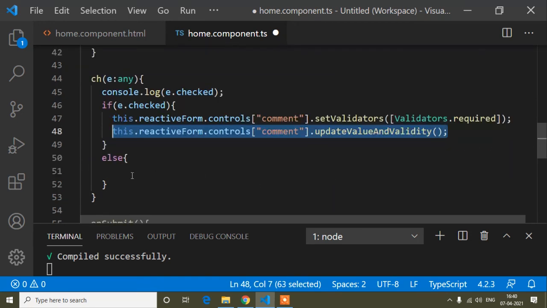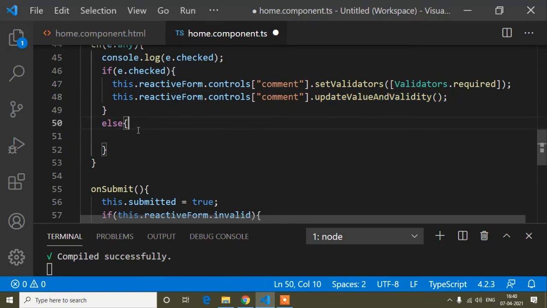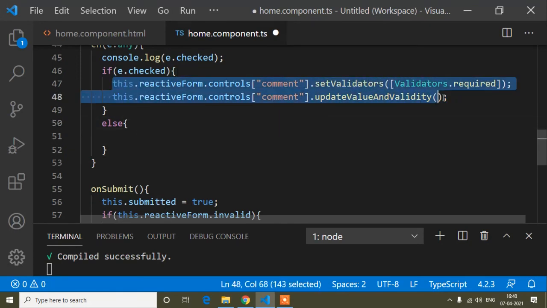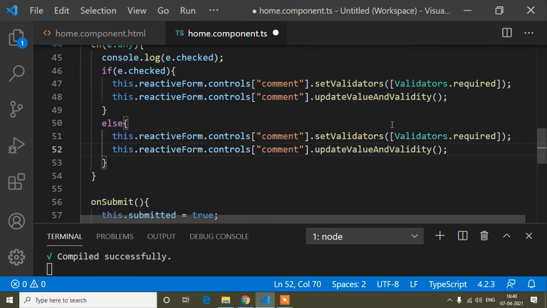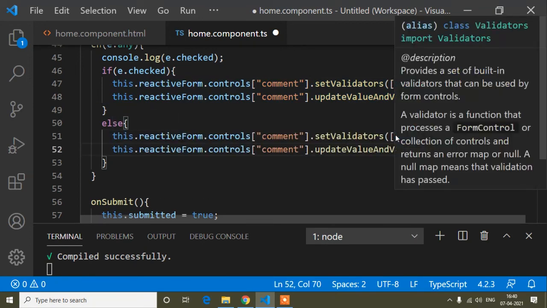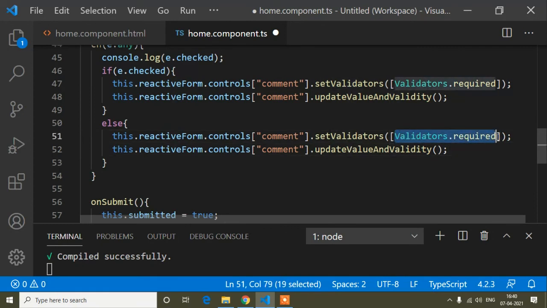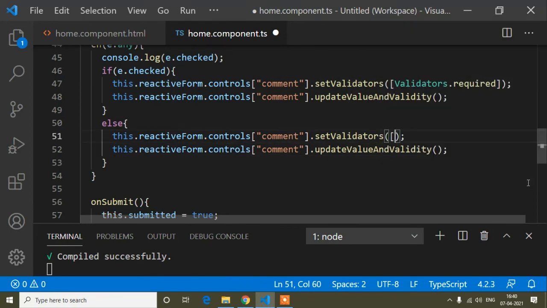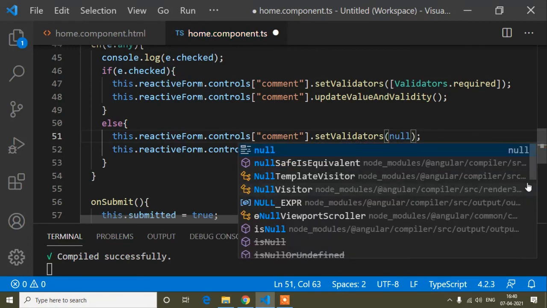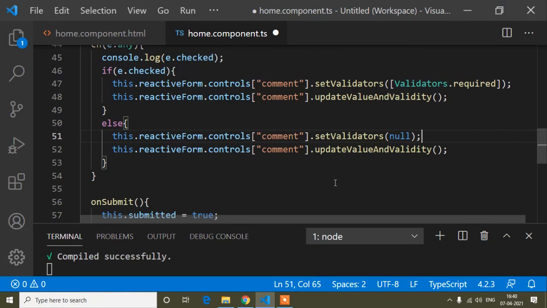Same way when it is unchecked, that's the else part. Here I will copy the same line, paste it, but here I will write null only, because when it's not checked, it will be null. Okay, so it's done, save.